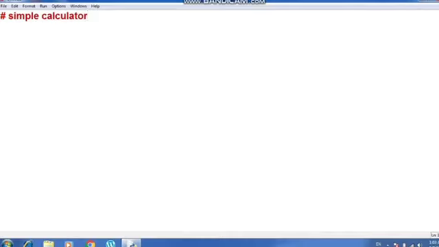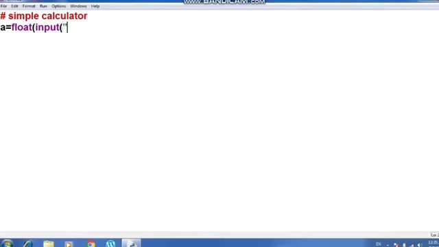You can see that I have written "simple calculator" in the comment section. Now I'm going to take two numbers from the user. Let's say I have defined the variable a, wherein I'm getting the number, and I am taking the data type as float. Why? Because it might be possible that the user chooses the division operator, and we get the output in decimal fractional form. That is the reason I have taken the float data type. You can take an integer as well.